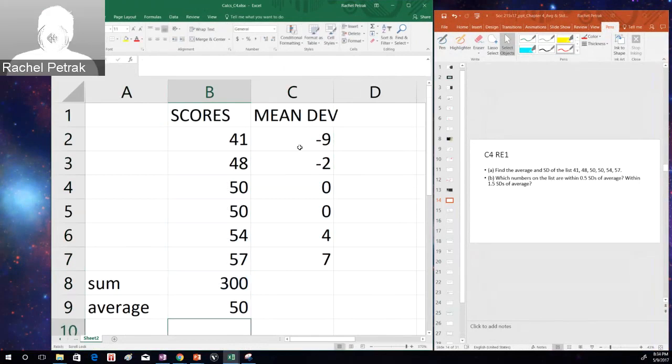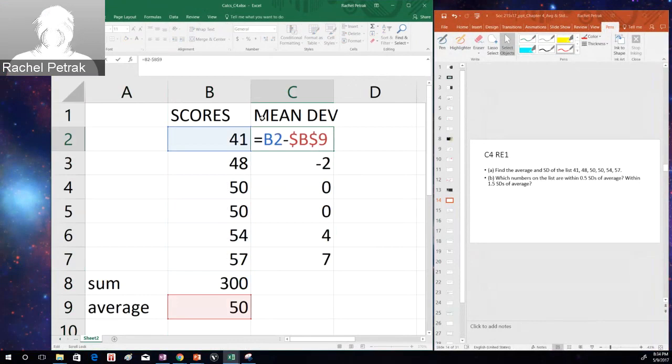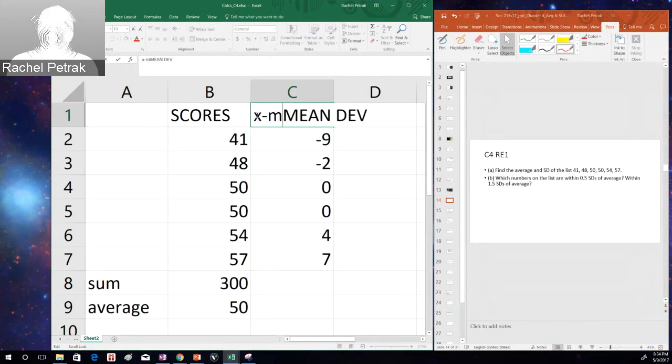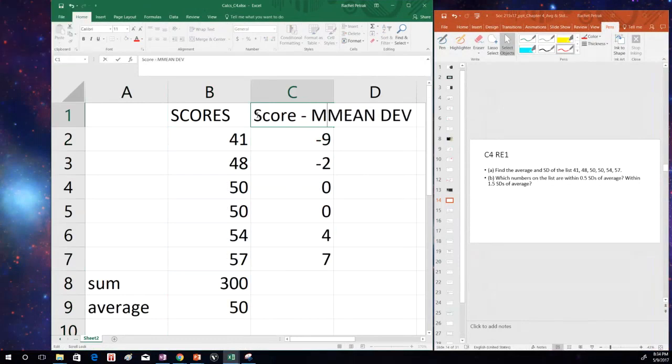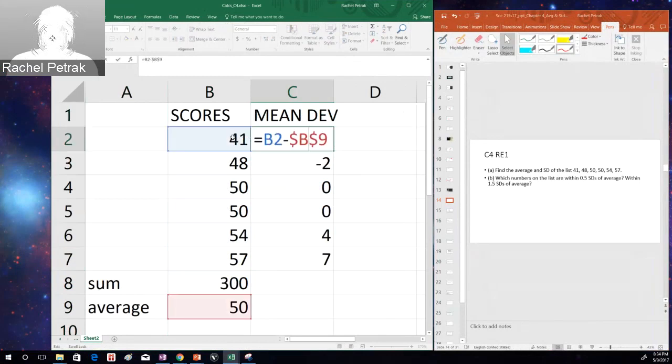And then we need to do our mean deviations, and it's a first step to getting the standard deviation. And when we do that, we're just taking X minus the mean, or score minus the mean, right? And that's what we've done down here. Each raw score, its cell, minus the mean. And I'm just going to show you, I'm going to delete this all together because once you're in here,